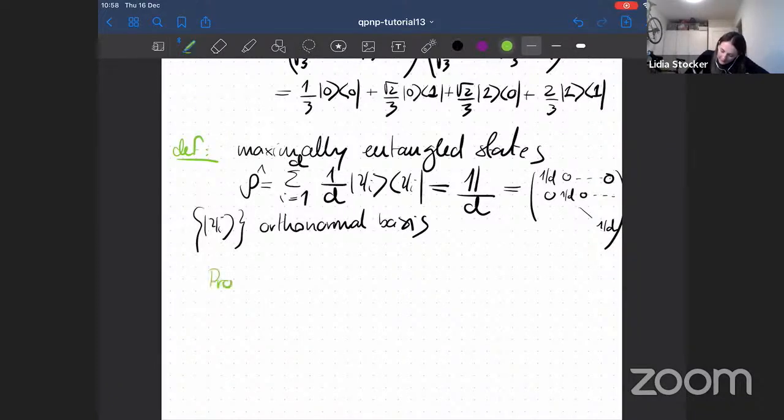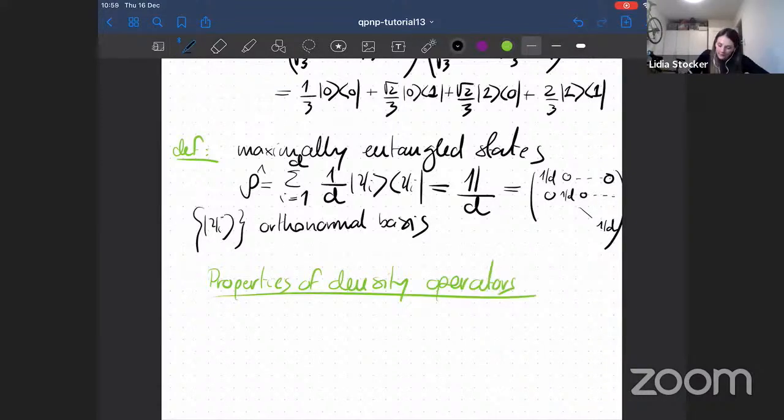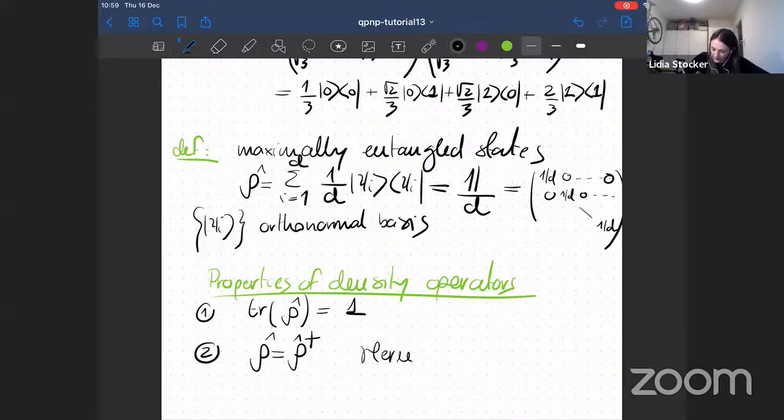So, properties of density operators. First of all, the trace of any density operator must be 1. We will show them after the break. Then, the density operator is Hermitian. Any density operator is Hermitian. And the last property is that we write it like this: rho greater than or equal to 0, which means that it's positive semi-definite,